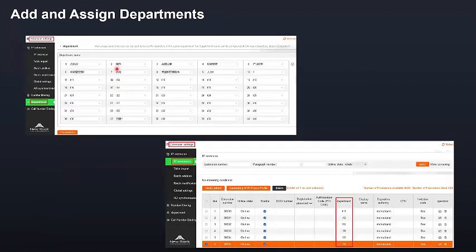And of course, you can add and assign departments. Before that, you need to define the department group. This is the extension settings department. Since the device is deployed in our main headquarters in Shanghai, there are teams here written in Chinese for the department, and these are related to team 11.